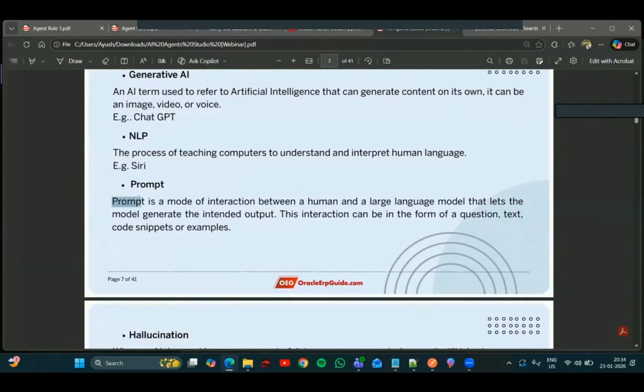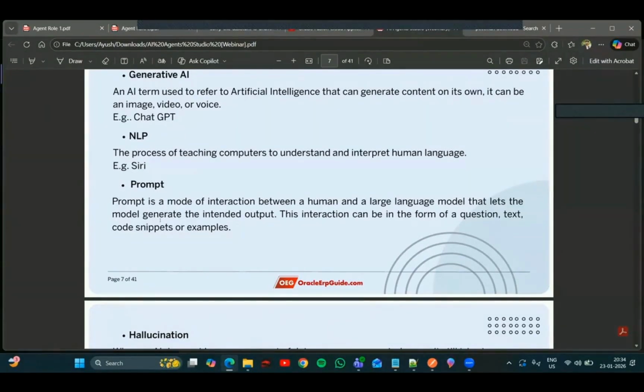So this would be a single token. When we take these four words, the prompt would be a token. The space and ease would be a token. The space and a would be a token. The space and mode would be a token. So 1, 2, 3, and 4 tokens would be there. But if we analyze it like a human would do, we would also count the spaces. So that's how